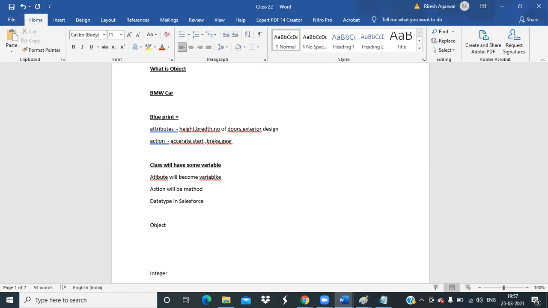If we compare class and object, what is class? Class is the blueprint of the car, and the object is the real car, a real world entity. We can do things on the object. It exists in the real world, and the object has its own attributes. In case of a car, the attribute is color.